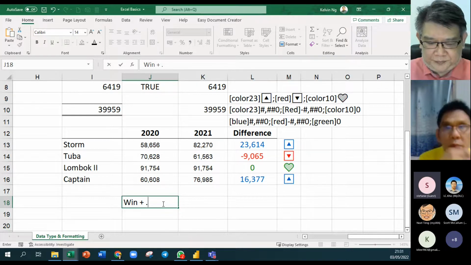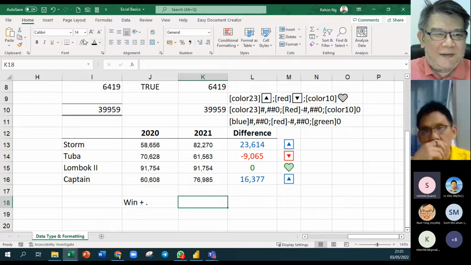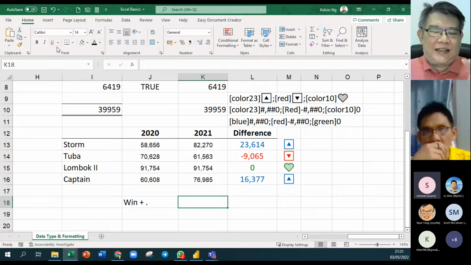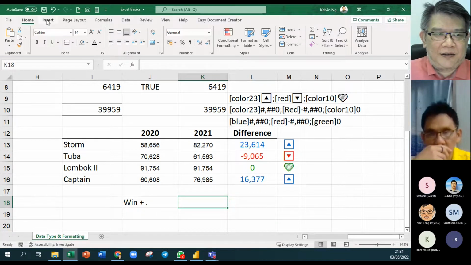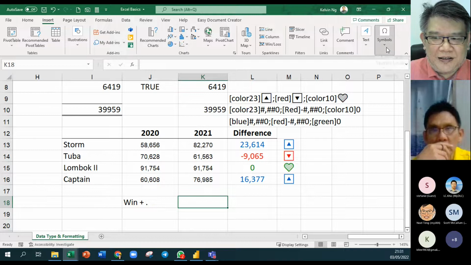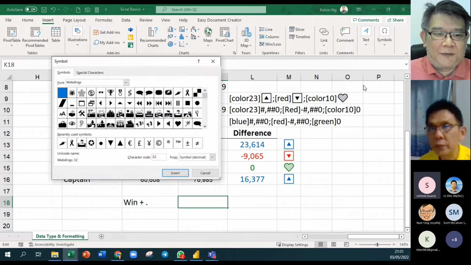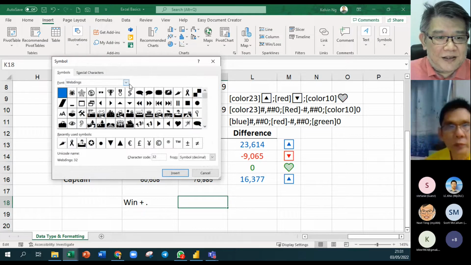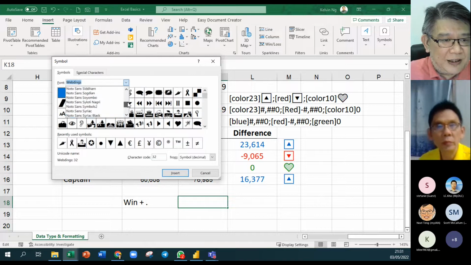This is why I keep on trying. It's okay, never mind. The legacy method is like that. We go to insert symbol. Look for the symbol. So the legacy one you have to do like that. So it's better to use the